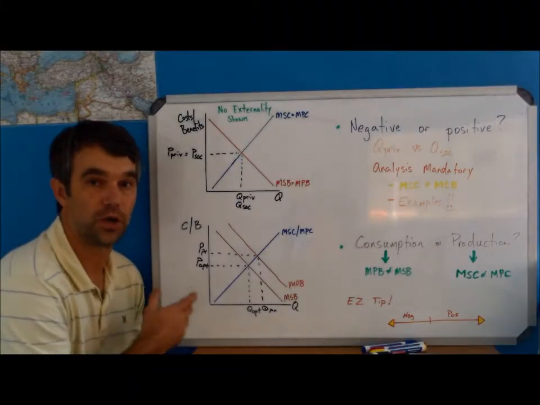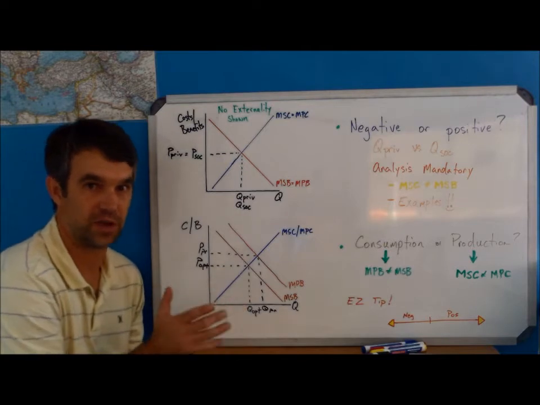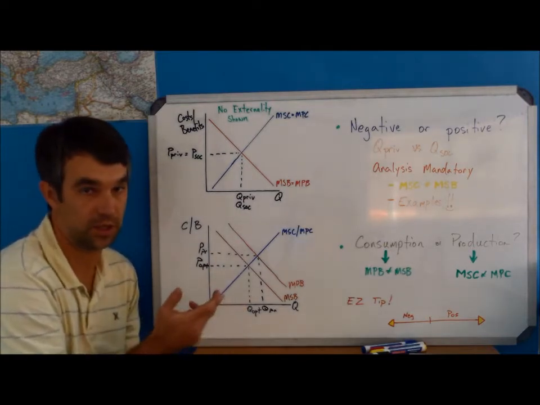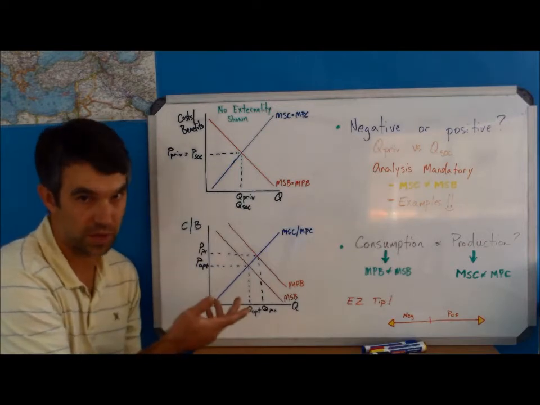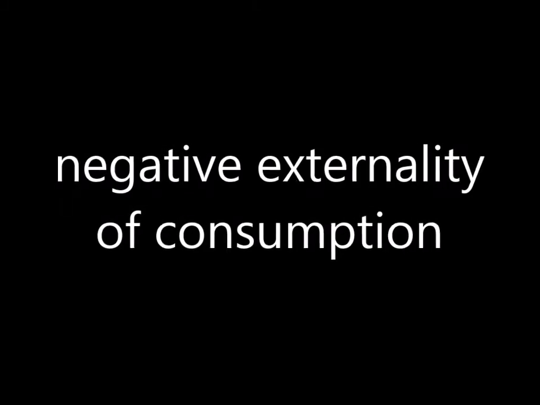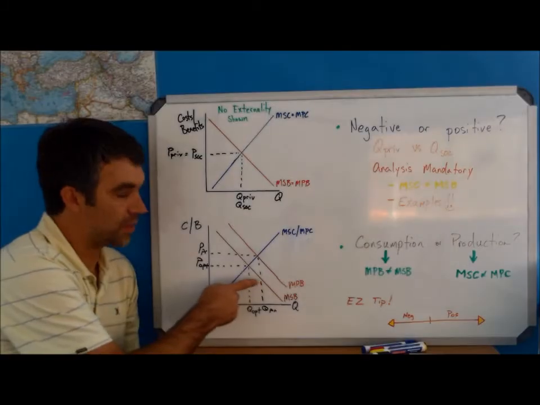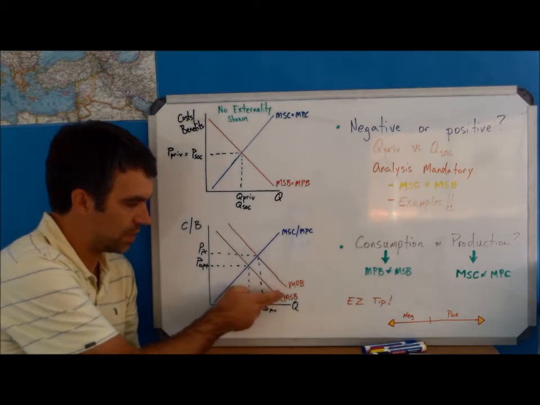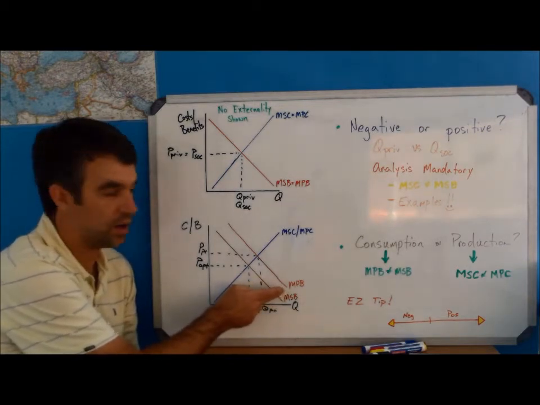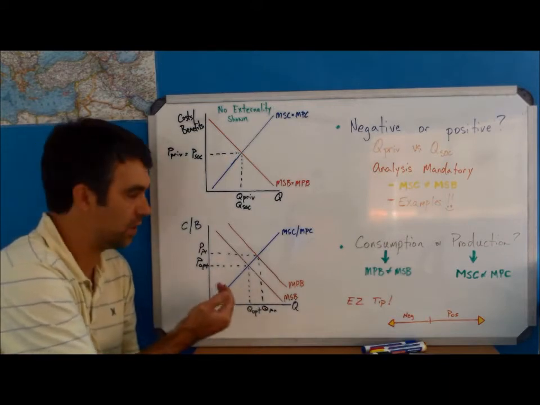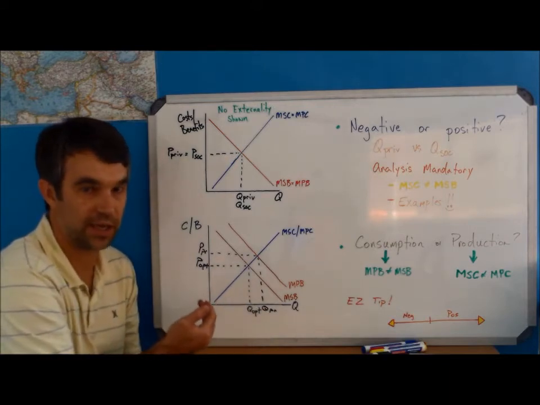In this video, I'm going to show you the other three types of externalities. I already showed you a positive externality of consumption, so there's three others we need to look at. If you compare this to the previous video, you notice I've just switched where the MSB and MPB curve are. So if the last one was a positive externality of consumption, this is going to be a negative externality of